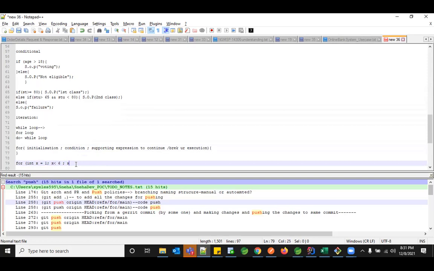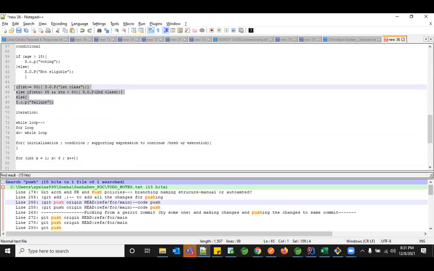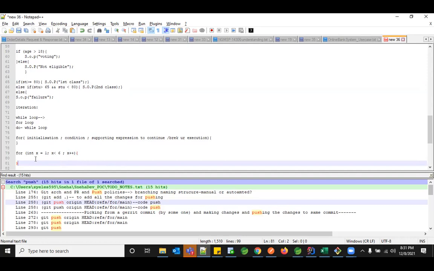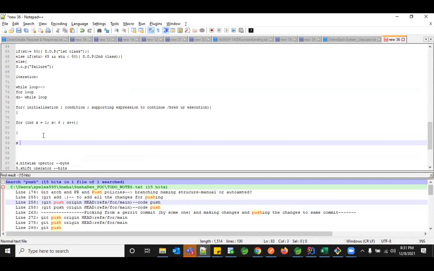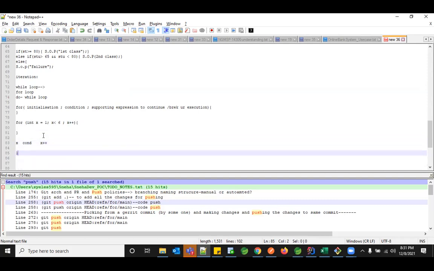For that, I'm incrementing my value every time after my condition is done, or after this particular piece of code is evaluated for that student. So that whenever my condition is complete, when it goes again for the next execution, my x value right now will be 2. So how does this for loop execution happen? Basically, this is my x value, this is the condition validated, and this is my increment. Initially, my x value is 1.